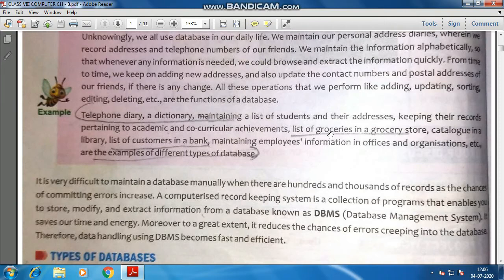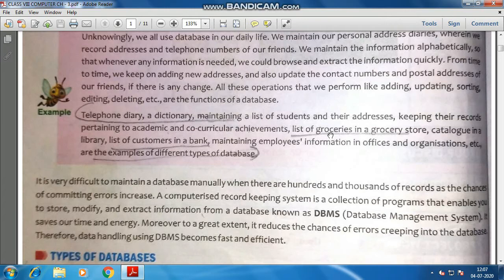And next is maintaining employee information in offices and organizations. Let's take an example of a school or some MNC company. A school hires teachers for the students, for the studies, and they act as employees for that organization. The school maintains a record of a teacher: the name of the teacher, the employee ID, the father's name, mother's name, contact address, contact numbers and all.